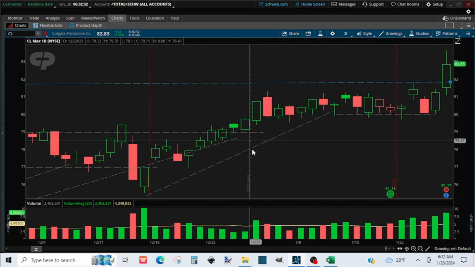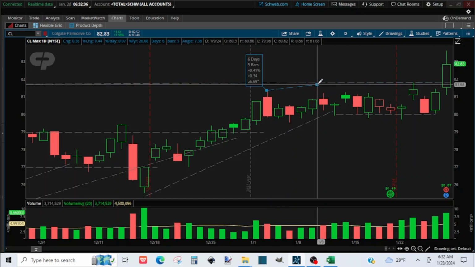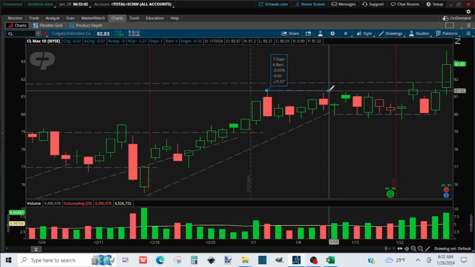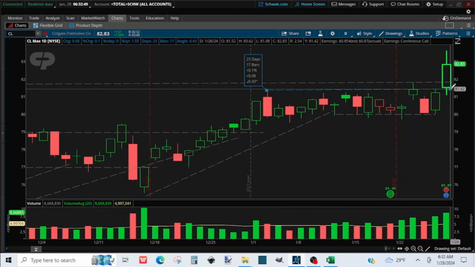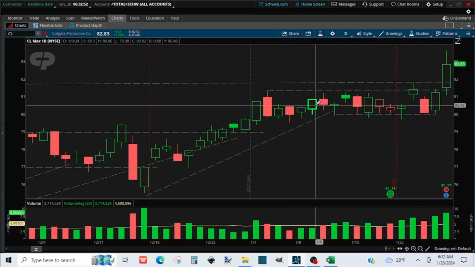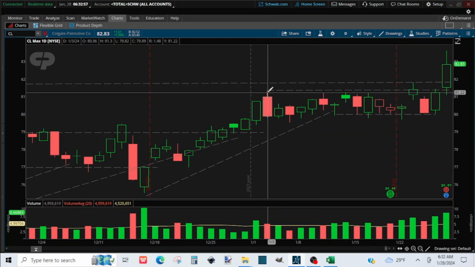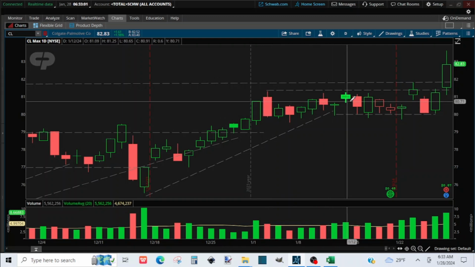So let's see, we have a resistance line here, so that means it reached a peak there and then went up. Because of this, the trend ended somewhere here, I'm just going to put it here, or I can just continue it because I noticed that this price is sitting on it. No, not really, it went across it, but it went up, went down, and then the trend ended, and then it went